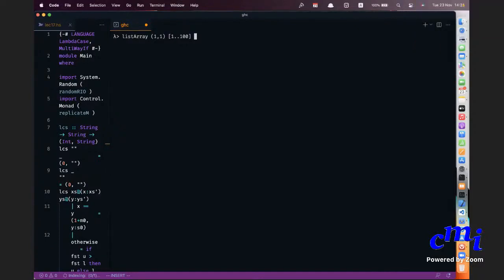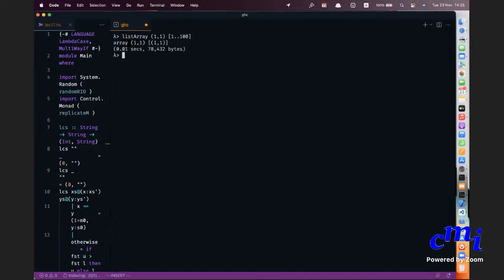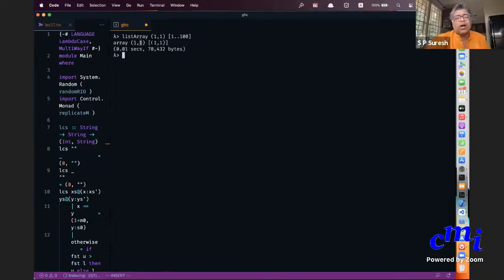What will be the elements? Sir, it should be 1, 1, 1, 2, etc. It should just be an array of one element, whose smallest index is 1, whose greatest index is 1, and at index 1 you have value 1. So this says index 1 and that has value 1.